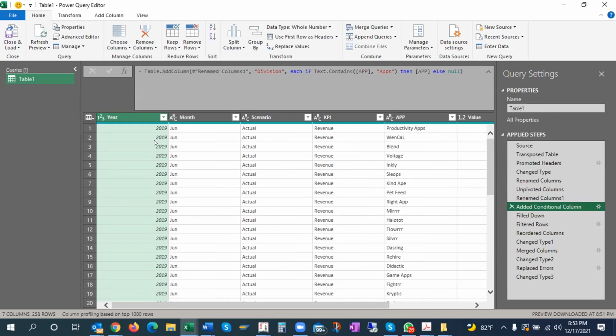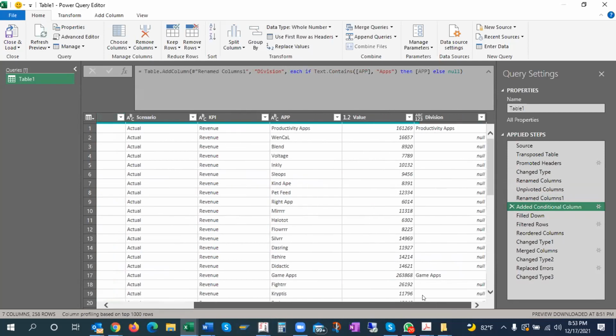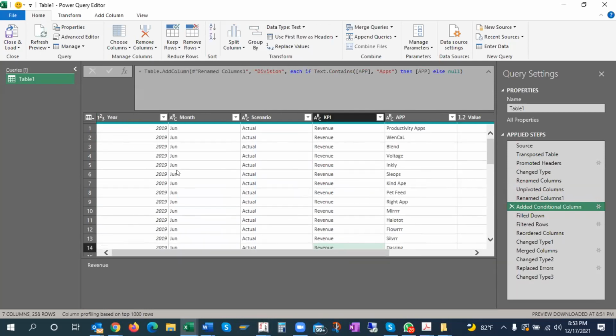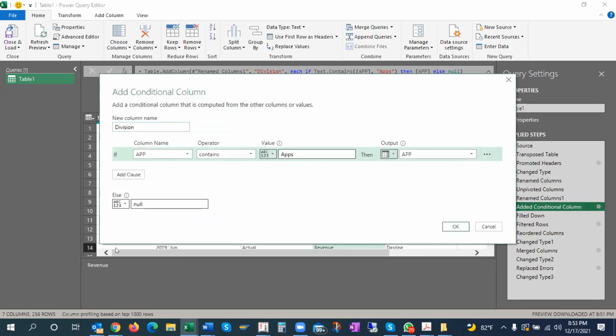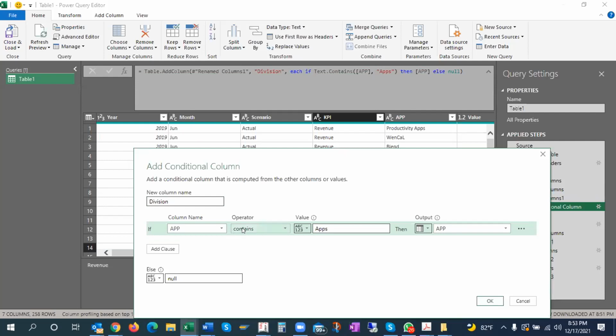Wherever the column contains apps, you take the output from apps. Otherwise, you give me none.